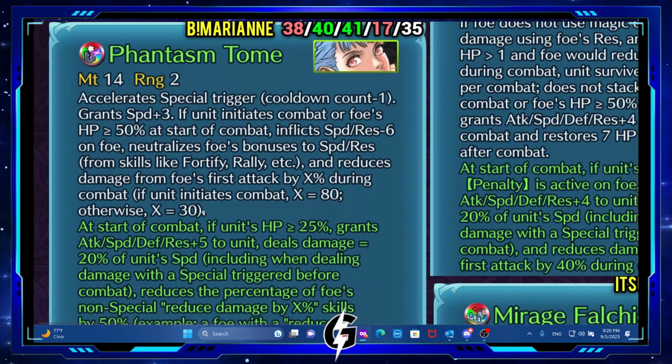Okay, I don't think the X equals 30 was there before, because previously I believe Marianne could only get damage reduction when she initiates combat. But now it's like both phases. On player phase, she's 80%, and then enemy phase is 30%. Yeah, the entirety of the tome has literally shifted because as I'm looking at her tome right now, Acceleration Special Trigger is a new addition to it, along with...